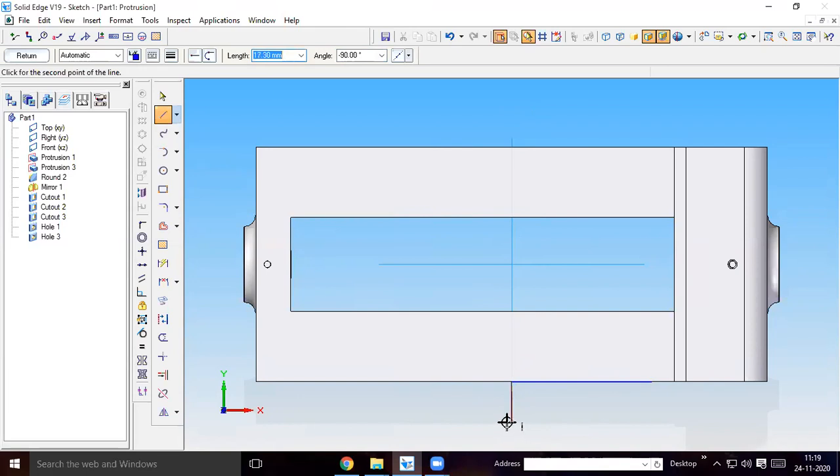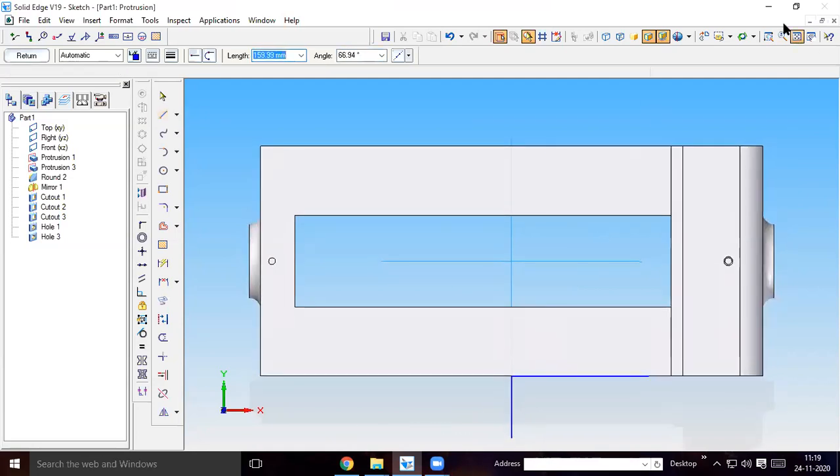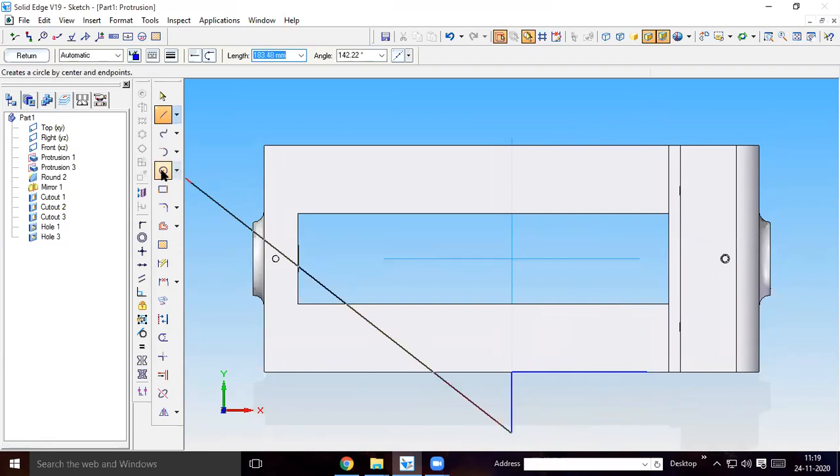Half of the distance will be 54 minus this 100. That gives 27 as the distance. 27 at minus 90. From that 27 mm, you have to draw a line again. I'll draw a line of 20 mm, as 40 is given. A 20 mm line you have to draw.